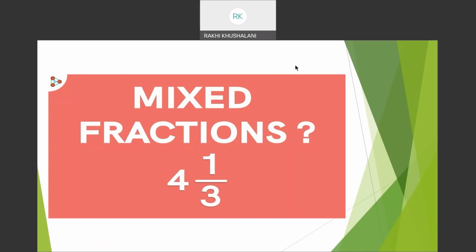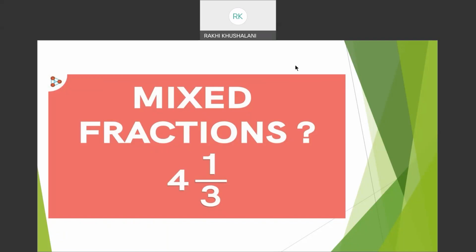Now, we have learned about two types of fractions already, that is proper fraction and improper fraction. Apart from that, the types of fraction that we saw were unit fraction, like fractions and unlike fractions. Those were completely based on the type of the numerator and the denominator we were having. Proper fraction, we saw that when the numerator is smaller than the denominator, it is a proper fraction. 1 by 3 is a proper fraction as well as a unit fraction.